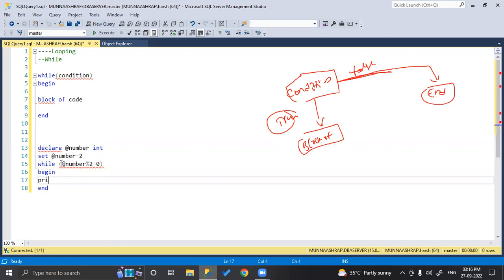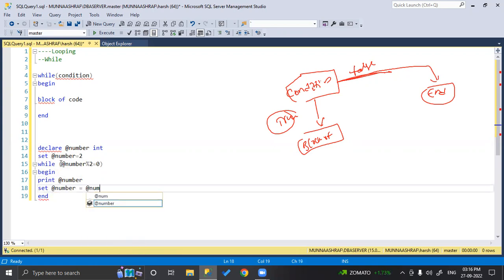So print @number. Then set @number equals @number plus 1. Okay, let me get it to 2. Okay, wait a second. So this is equal to 2. Print.